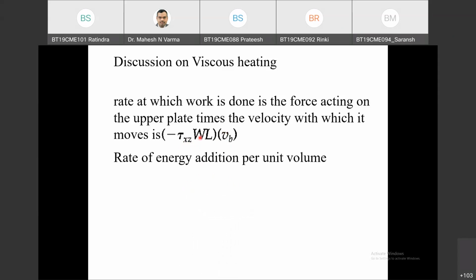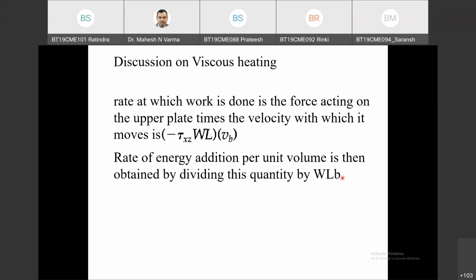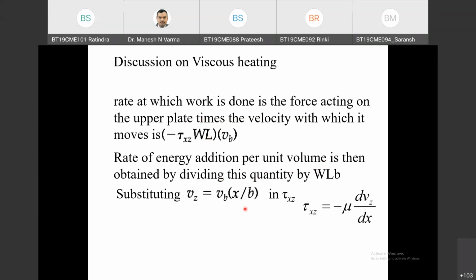Divided by volume, what will be the volume of the total? That will be W L into B. This will be the volume of that whole layer, you can say, the volume of a layer. So the rate of energy added per unit volume will be this divided by the volume, W into L into B, and substituting Vz